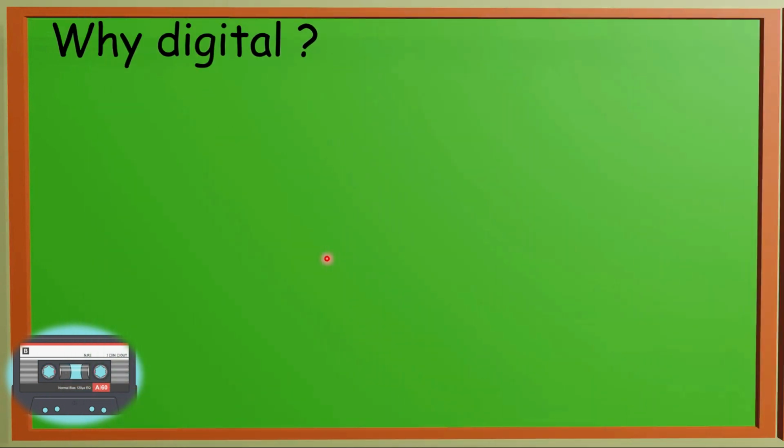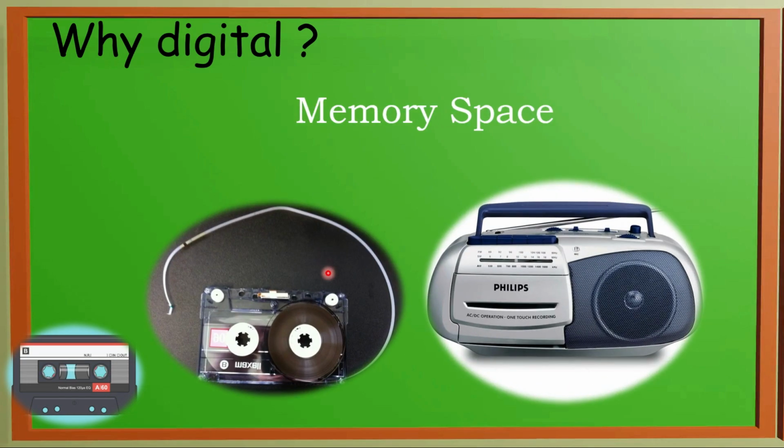Now let us discuss another benefit of digital system. In analog system, we require more memory space. If you might have seen the older tape recorder and cassette system, where one cassette used to have around 14 songs. There were two sides, side A and side B. On both the sides there used to be 7 to 8 songs. These 16-17 songs were mounted on a tape.